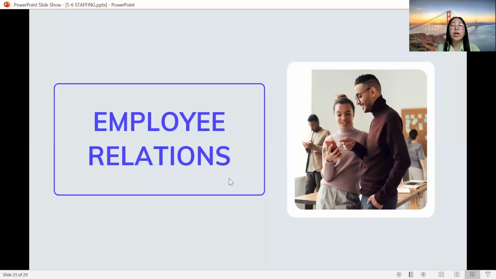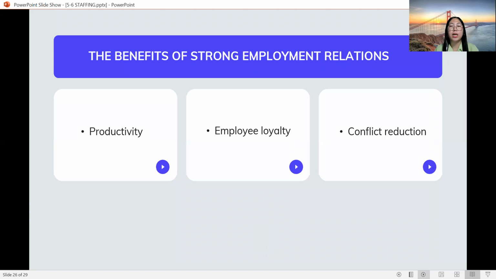Next, we have the employee relations. Yeah, employee relations naman tayo. So these are the benefits of strong employment relations. Number one is the productivity, employee loyalty, and the conflict reduction. So with this employee relation, we should